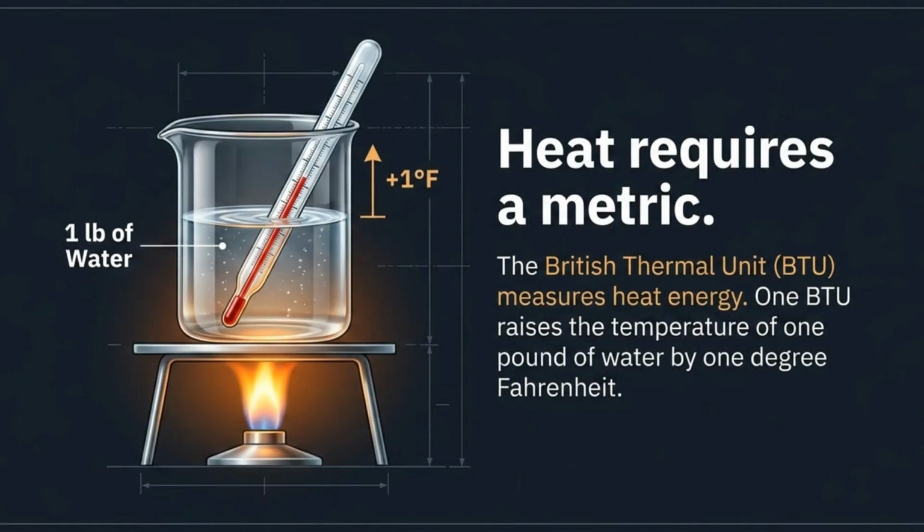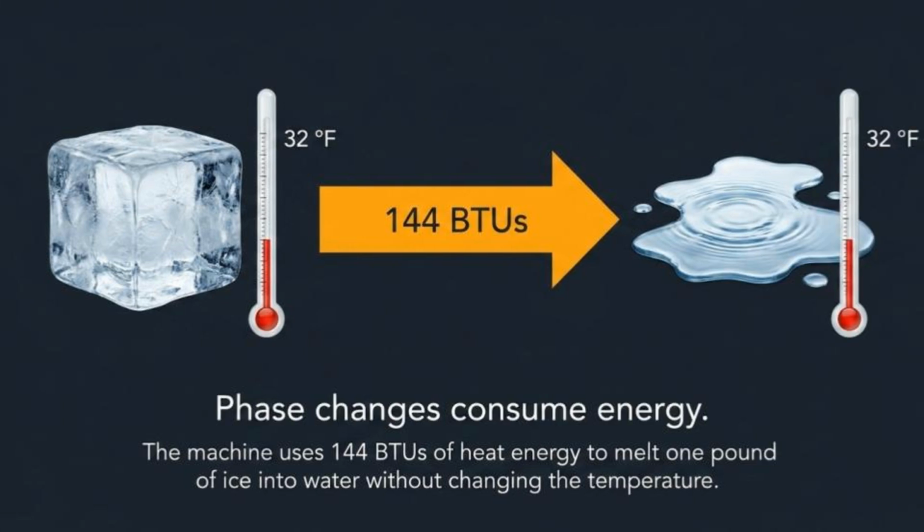Heat requires a metric, which is the British thermal unit, or BTU. 1 BTU is the energy needed to raise the temperature of 1 pound of water by 1 degree Fahrenheit. Phase changes consume energy. A machine uses 144 BTUs of heat energy to melt 1 pound of ice into water